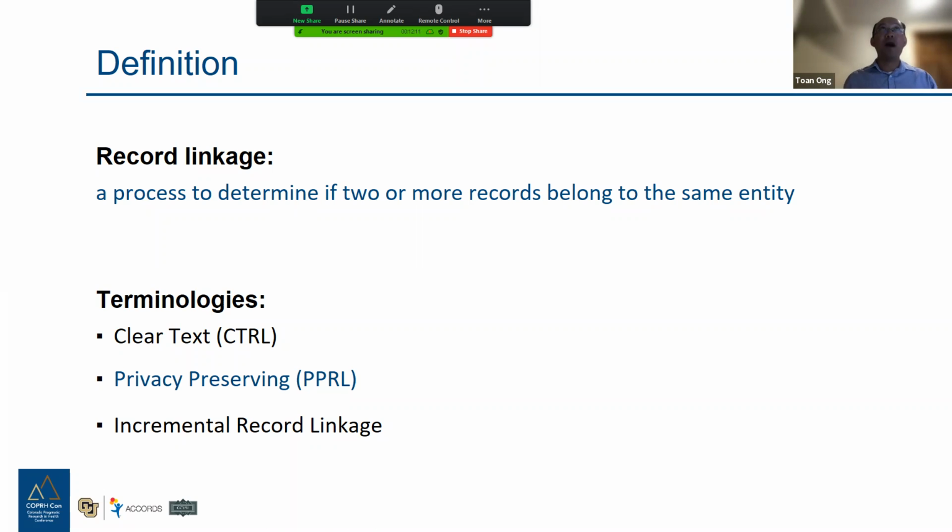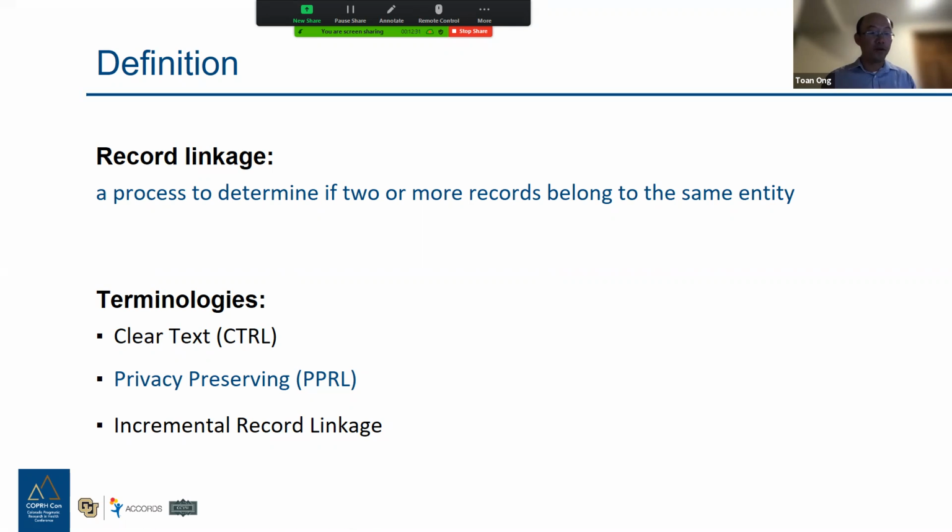When somebody obtains that hash data from you, they cannot reverse the data back to the clear text value. So in that sense, it's more secure for you to share the names, the social security number to another institution